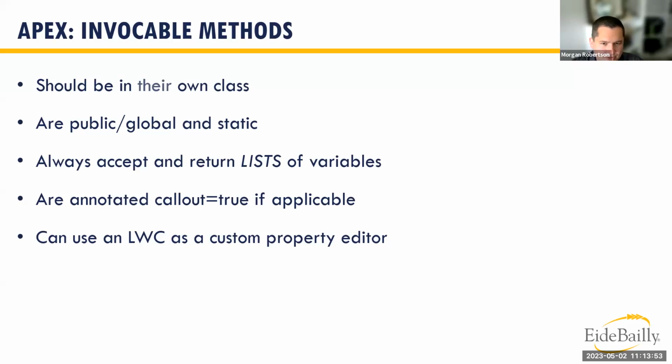So the reason for using the wrappers is that they always accept and return lists. This is the main difference of what happened between Process Builder and Flow Builder. Is this whole concept of bulkification. How do I take lots of things doing the same thing at the same time and bulkify it so that I only have to do it once instead of repeating over and over and over again? So you're always going to accept and return a list of records, even if you're working with